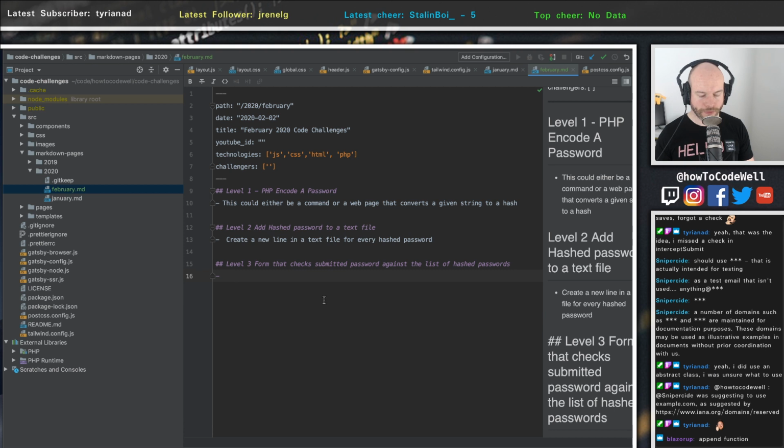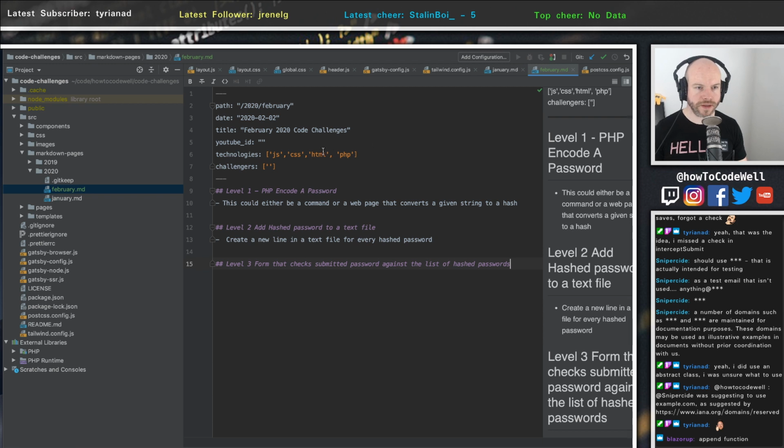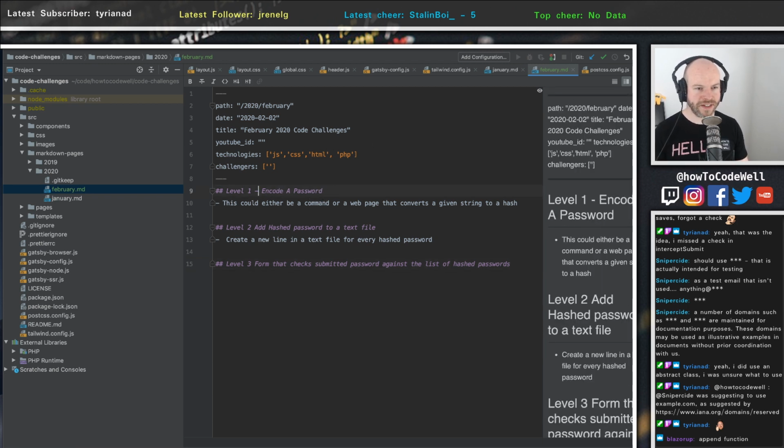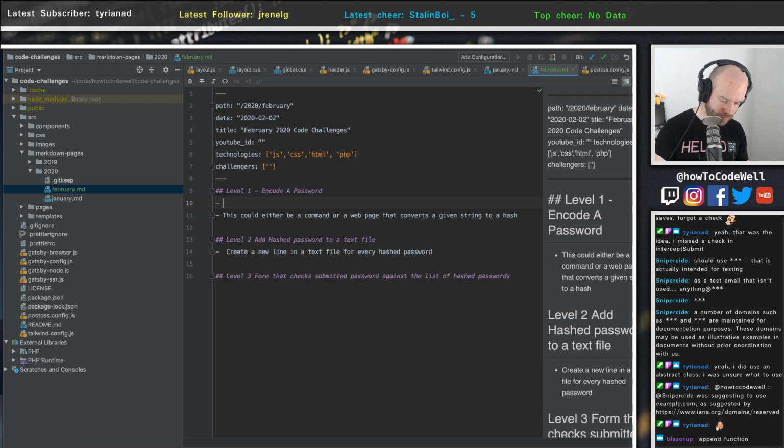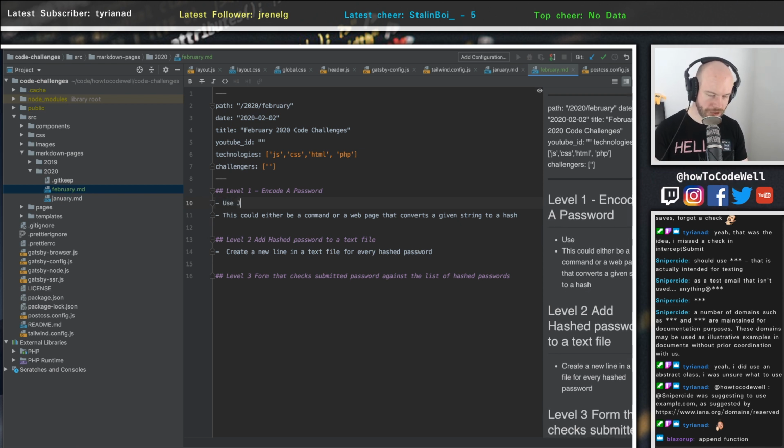All right. Now I'm going to do something a bit cray-cray, a little bit nuts. Let's say we don't need to have PHP. Let's say that this could either be done using JavaScript or PHP. Okay, now it opens it up. So it doesn't have to be a PHP thing. If you're a JavaScript dev, you need to also know how to do these things too. So use JavaScript or PHP